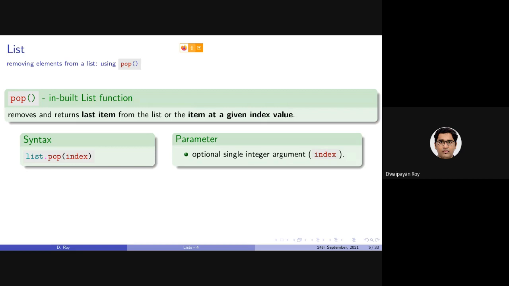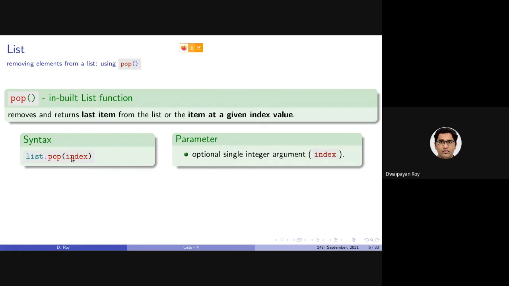Similarly, in a list, pop will delete the last item in the list. And note that the last item in a list is present at the rightmost position, or formally we can say the last item is present at the len L minus 1th position if L is the list.